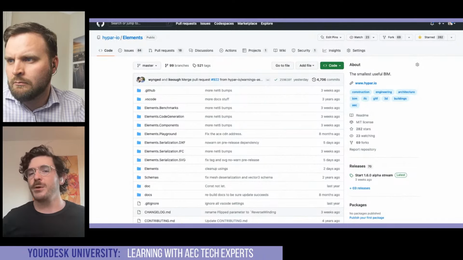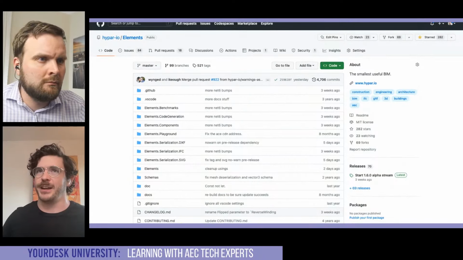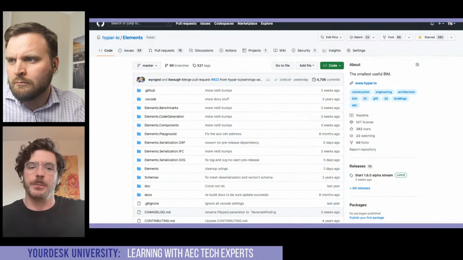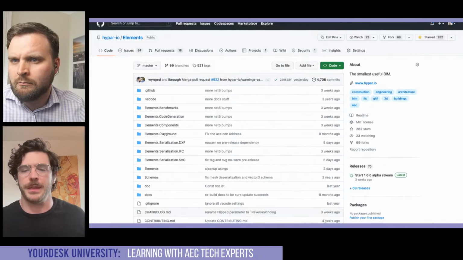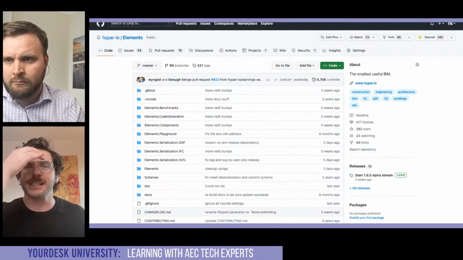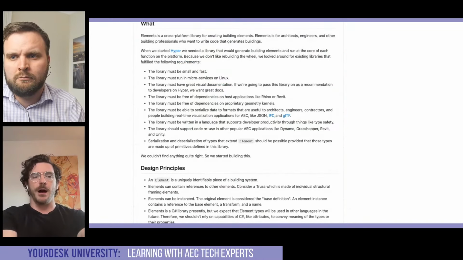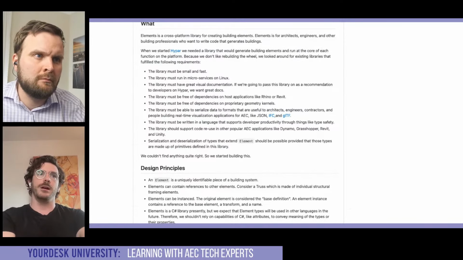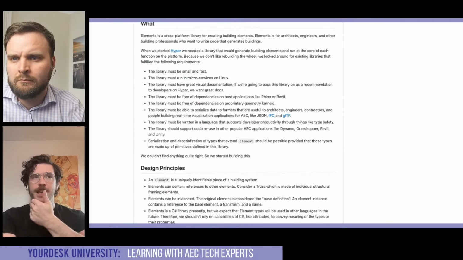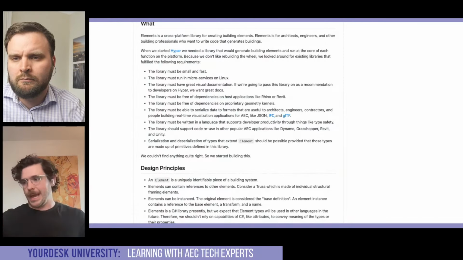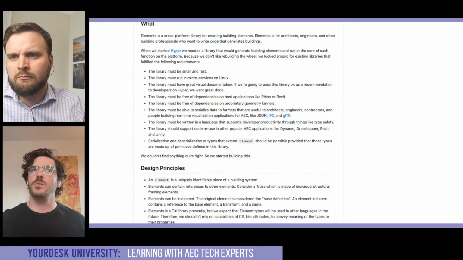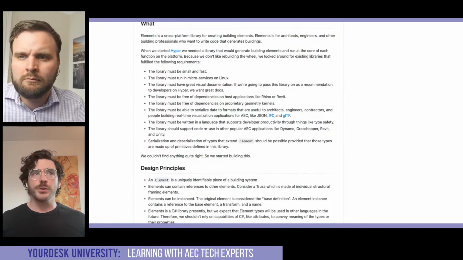Now, you'll notice that I've mostly focused on desktop applications, and we'll come back to how we take advantage of this on the web in a little bit. But I want to dwell for a minute on the idea of schemas, because I think it's an important concept. The founding principles of Elements, and you can read this on the GitHub, are that it has to be small and fast. It has to run in these microservices like our Amazon Lambdas, but it'll run in any Linux service that you want it to. It's got to have visual documentation.